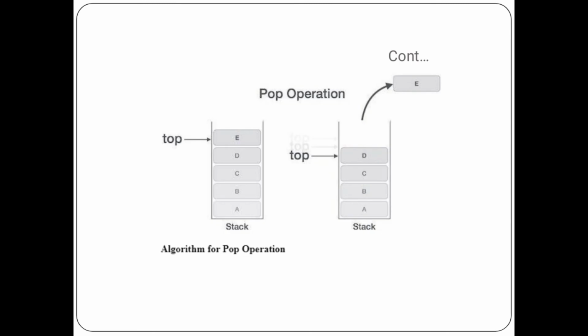And we will see here the diagram representation. Already in the push operation, we inserted the 5 elements A, B, C, D, E. After that, if we want to pop an element, we can pop only from the top of the stack. Before that, the cursor is at the element E. Whenever we pop the topmost element, that is E, the cursor is decreased by 1. And here the cursor shows at the element D. This is the pop operation.